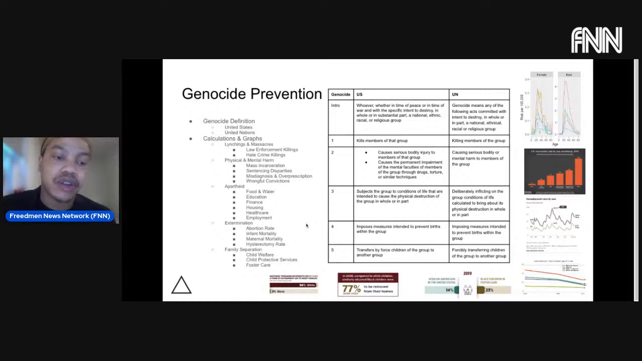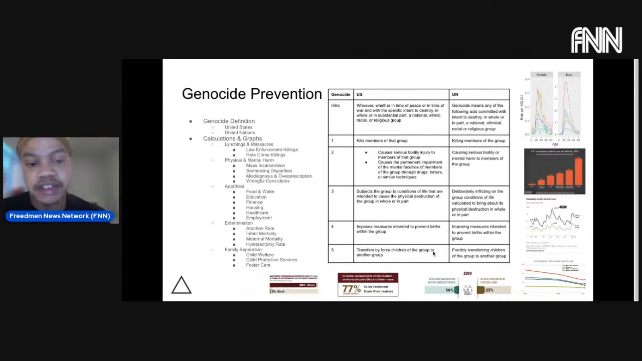Extermination, that includes the abortion rate, infant mortality, maternal mortality. We have the highest maternal mortality both while giving birth and while having abortions. And then the hysterectomy rate, which is the removal of the uterus, which obviously prevents birth. And then family separation,